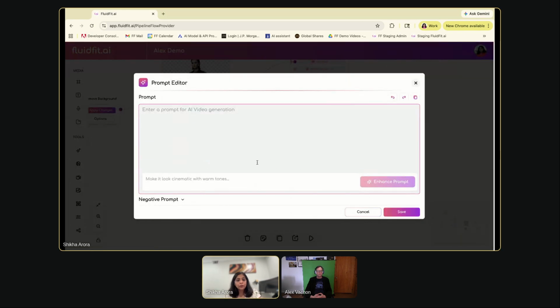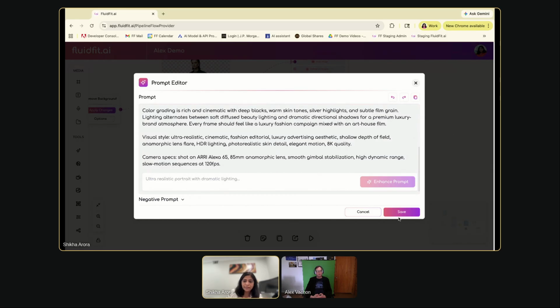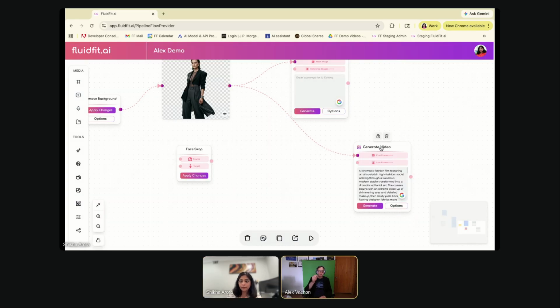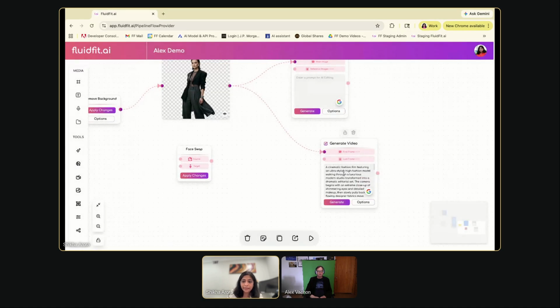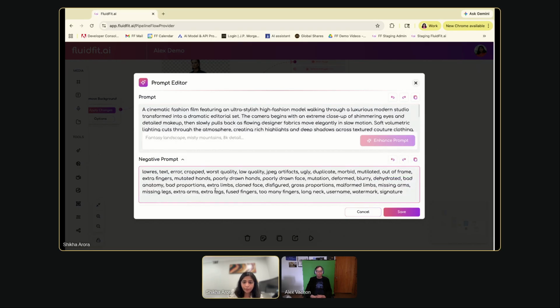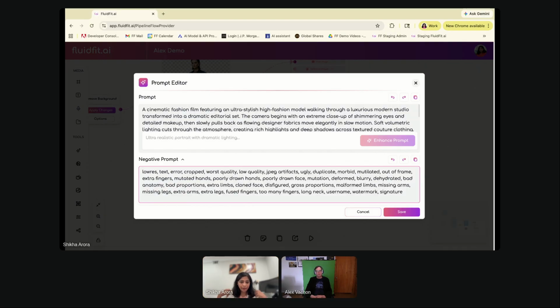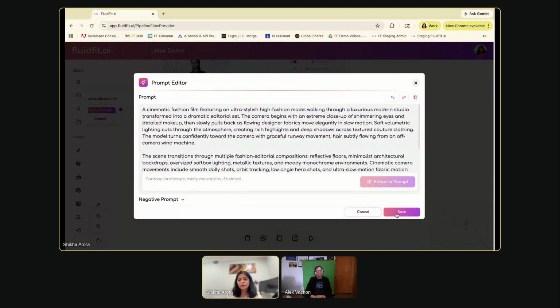So again, if I have the prompt, I could use the prompt, or I could use AI to enhance the prompt. How do you initiate the prompting? Do you click on the box inside the box here? Yes, and then this will open up this prompt editor, and then you would put in the prompt that you would like. You could give a negative prompt here as well. We have pre-populated, to make it easier, the most common negative prompt that must be added,